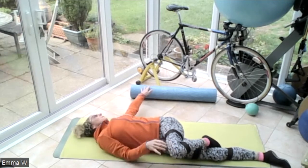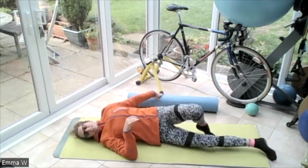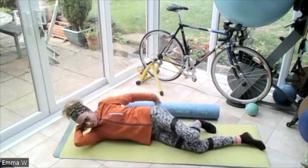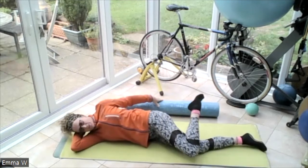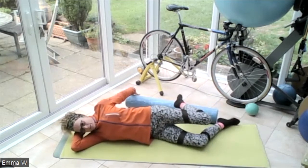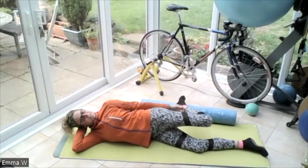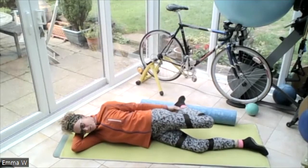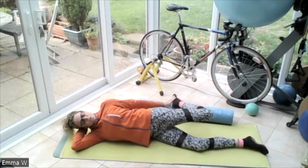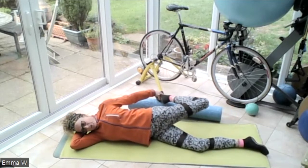And then release, roll onto your right hand side and grab the roller with your left hand. Roll onto your right. Support your head with your underneath arm, and you're going to lift your left leg up, and you're going to rest your left foot on that roller. And then you're going to hold onto your trouser or your ankle, and you're going to let that left leg roll backwards on the roller